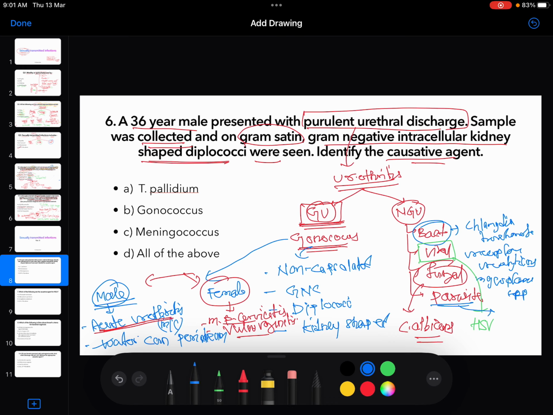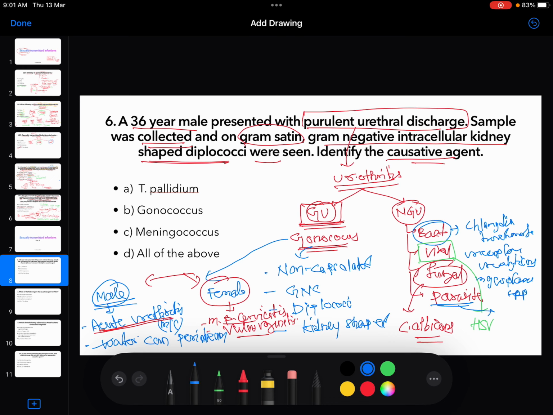How can we differentiate them clinically? In gonococcal urethritis, the onset is less than 48 hours, and in non-gonococcal urethritis the onset is more than 7 days, so symptoms appear after more than 7 days. In gonococcal urethritis there is purulent urethral discharge, and in non-gonococcal urethritis there is mucus or